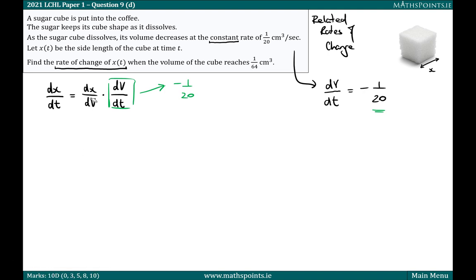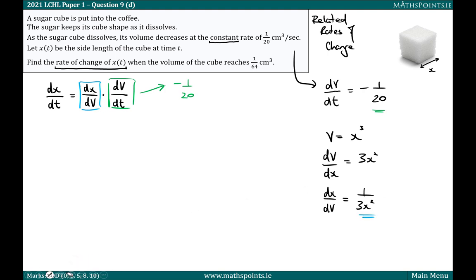To find dx dV, we need an equation with V's and x's. V is clearly volume. We have a cube up here. The volume of a cube is x by x by x, which is x cubed. And so if we have the volume as x cubed, we can find the rate of change of the volume with respect to its side, dV dx, which is 3x squared. Now, we're not looking for dV dx, we're looking for dx dV. So we're going to have to turn this upside down. dV dx is 3x squared, but dx dV is equal to 1 over 3x squared. So I'm going to sub this in